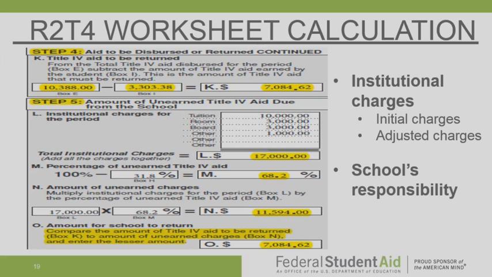And you can only include initial charges, the charges that are there at the time your student withdrew. So if you decide to waive the charges or reduce the charges whenever your student withdrew, that's not the dollar amount, the tuition charge, that you need to enter here. So based on this calculation, total charges is $17,000. 68.2% of that $17,000 is unearned. So this actually $11,594 is unearned. Because for the total amount for the school to refund, whichever is the lower amount between K and N is what you're going to return. Because the unearned is lesser than the unearned tuition charges, you need to enter the lesser amount,